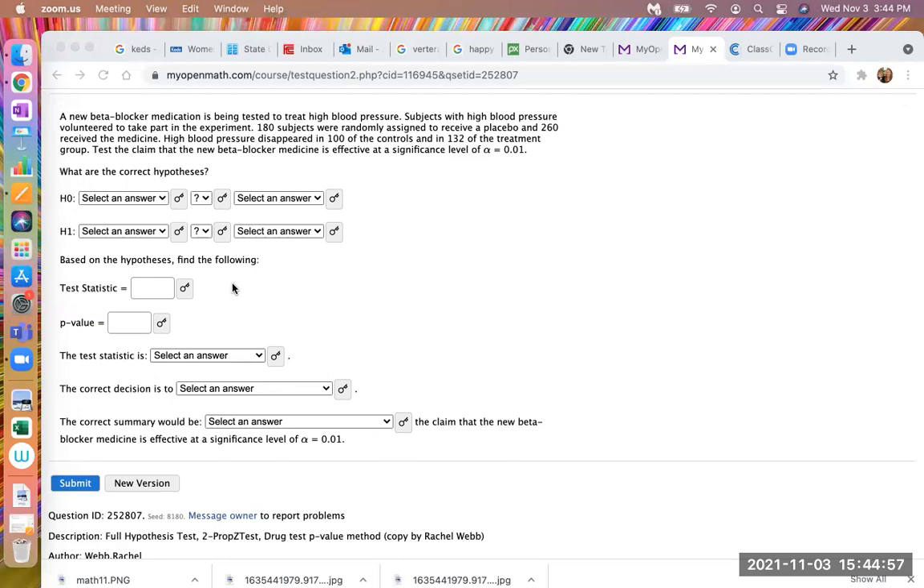A new beta blocker medication is being tested to treat high blood pressure. Subjects with high blood pressure volunteered to take part in the experiment. 180 subjects were randomly assigned to receive a placebo, and 260 were assigned to the medicine. High blood pressure disappeared in 100 of the control and 132 of the treatment group. Tesla claims the new beta blocker medicine is effective at the alpha equals 0.01 level. So,